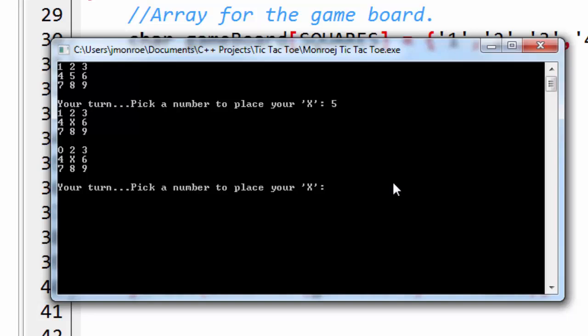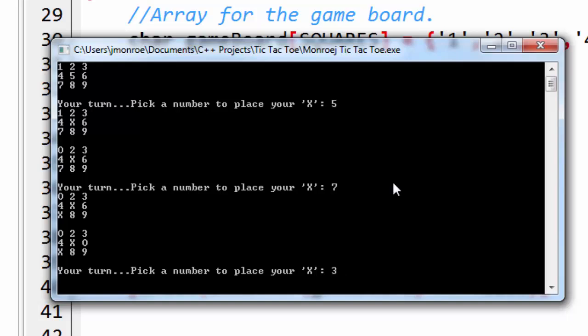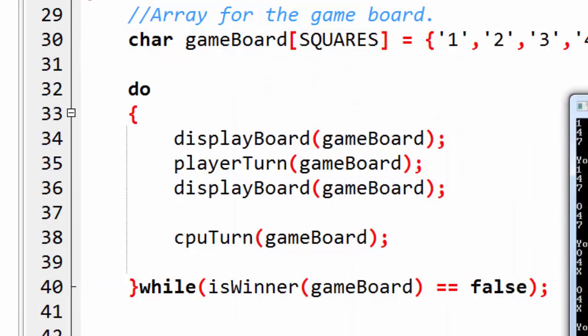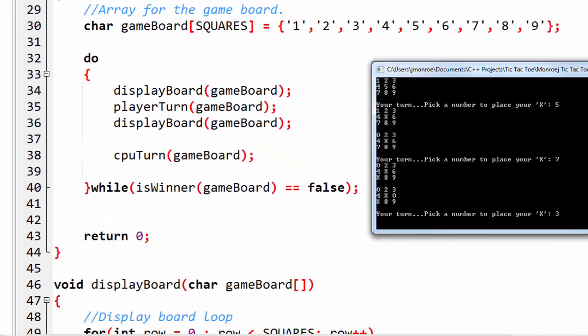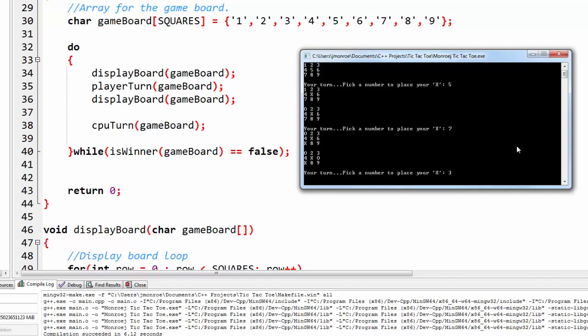Okay, the CPU chose 1. I'm going to pick 7. CPU chose 6. So I should be able to win right here with a 3. Now the only thing here is, look at our logic. After the player takes a turn, it will display the board, and the CPU is going to go ahead and take a turn as well. So what you're going to see here